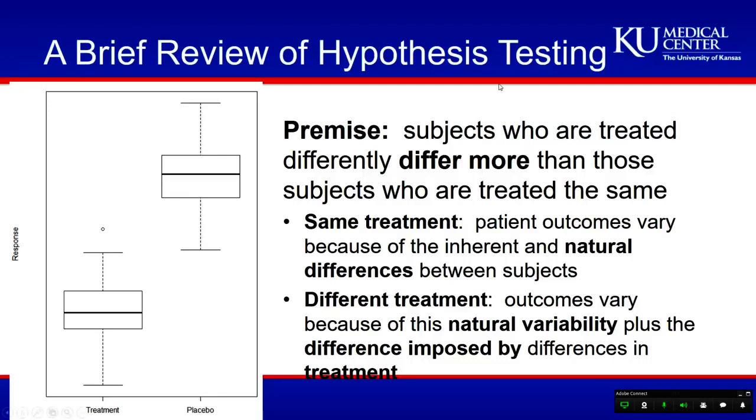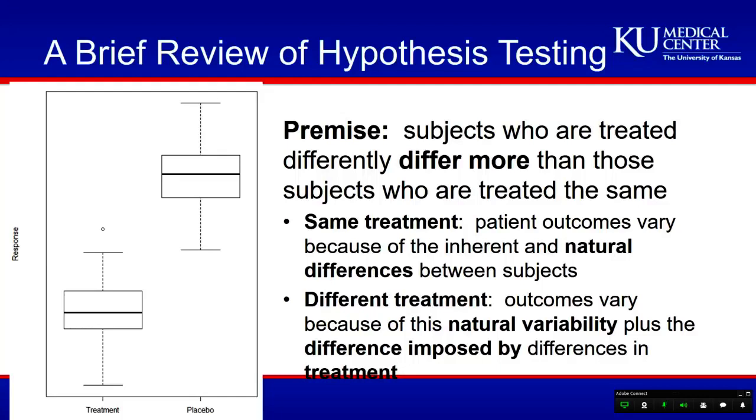And the nice thing about these is that they help us very quickly visualize any differences in how patients are responding to different exposures or different treatments, where the response itself is continuous. So this middle line here is like the average response. And then these whiskers go up and down to the maximum or some function of the maximum and minimum response for patients on placebo and for patients on treatment. And sometimes you'll see single little observations outside of those boundaries, and those are usually flagged by the software as an outlying observation. So you might want to go and investigate what might make that individual different and make sure it's a valid